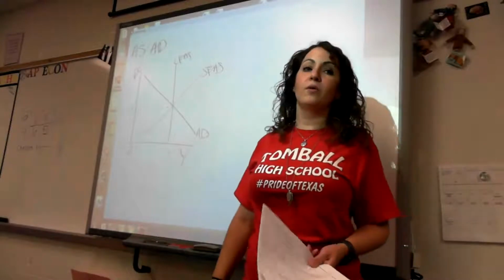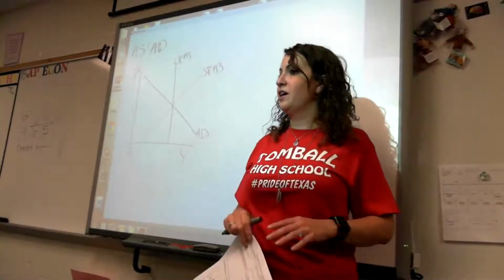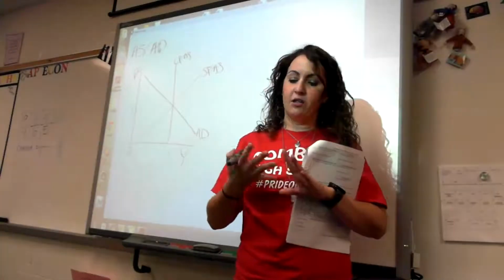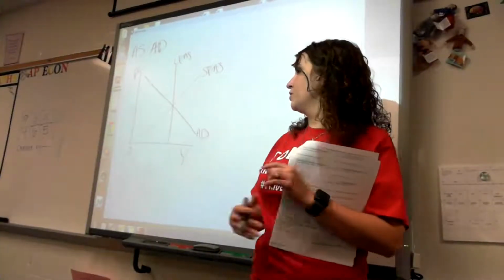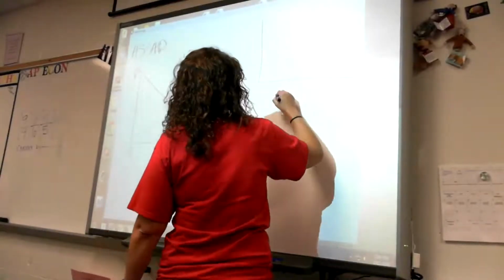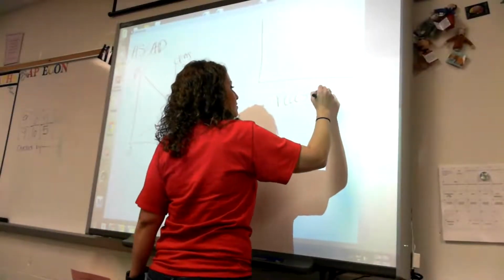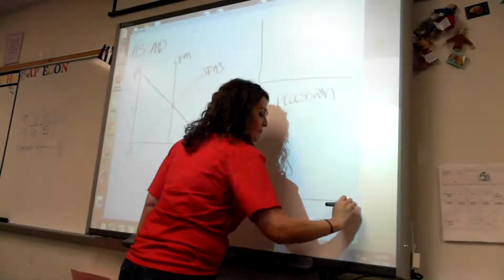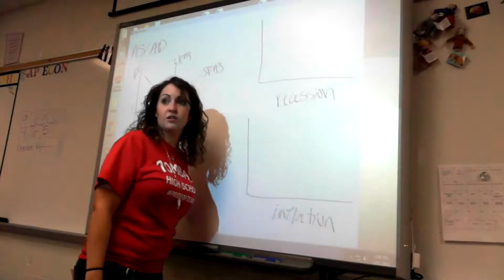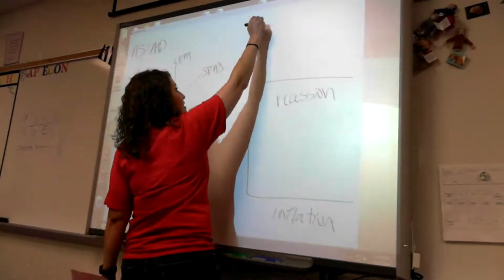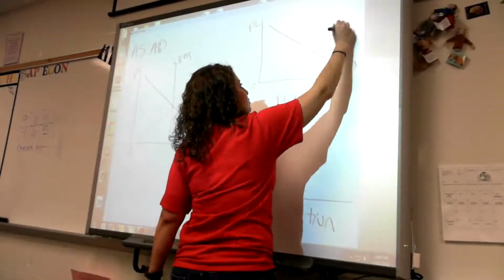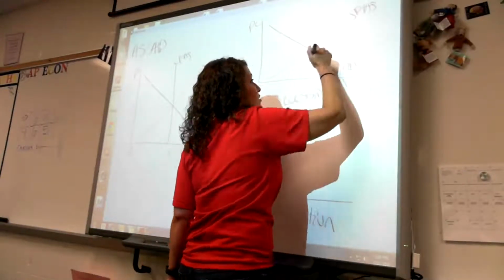It doesn't necessarily always have to start in long run. If it's set on an FRQ, it's starting from full employment. That's where you start from. If it's saying long run equilibrium, that's where you start from. But chances are that they're going to say something about either a recession or an inflationary gap. Still, the axes are the same. Price level, Y, aggregate demand, short run aggregate supply. There's our